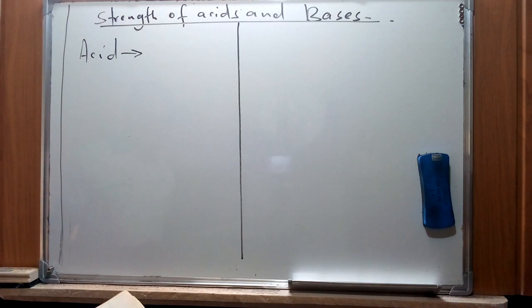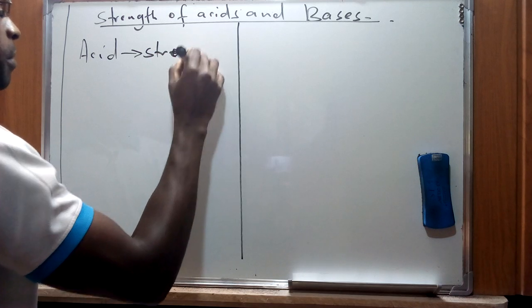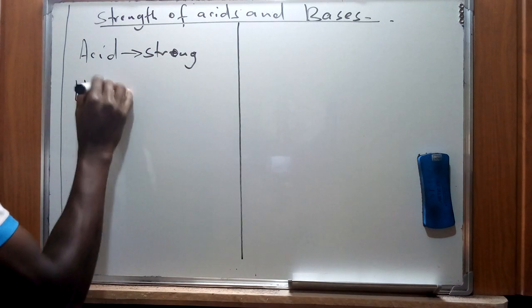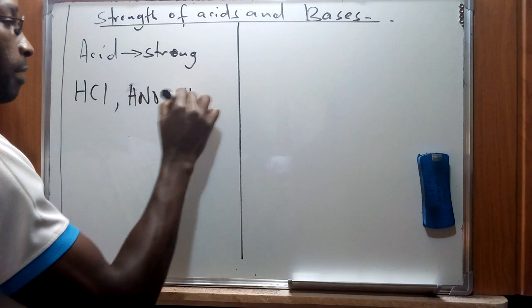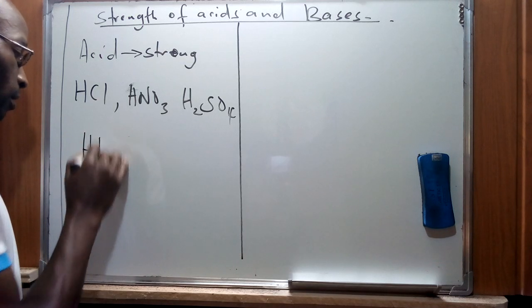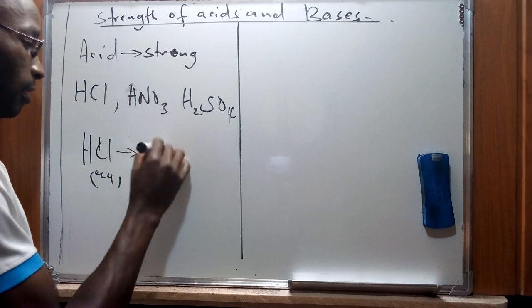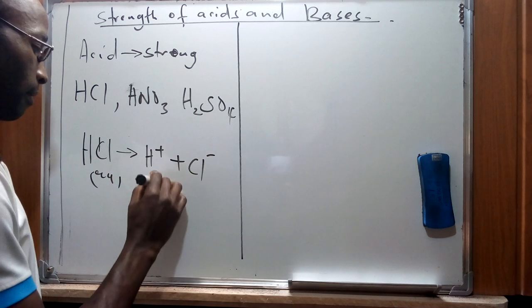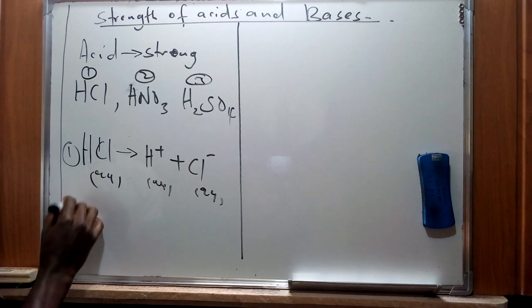Now, for instance, if we're going to have some of the examples of the acids that we can generally use. So in this case, maybe if I say an acid is strong, we're going to compare HCl, nitric acid, and perhaps sulfuric acid, and try to see how we can represent these specific acids in aqueous solution, or when they dissociate in water. So we're going to have this one represented as H+ and Cl-. This is the first one. So for the second one, we are going to have